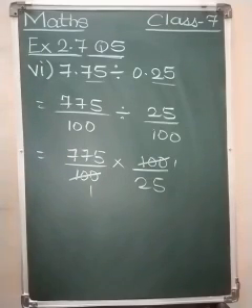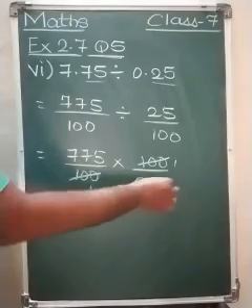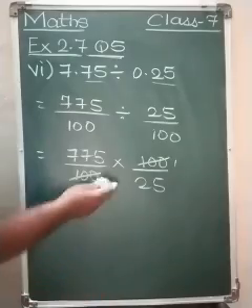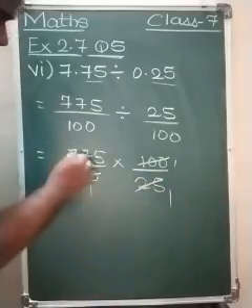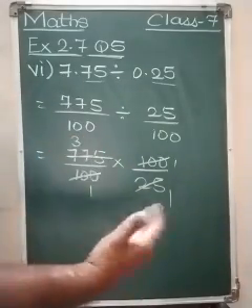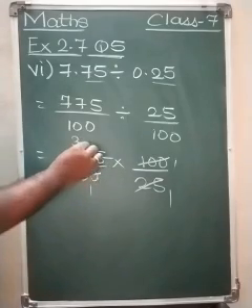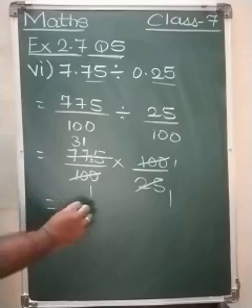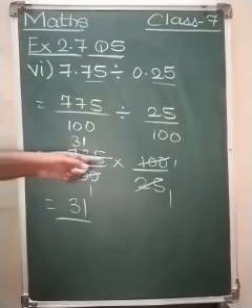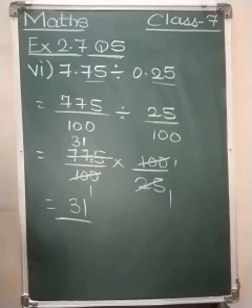This way you can do it, or you can solve it in another way. Directly we can solve it with 5, and also with 25. 25 ones are 25, 25 3s are 75, 76, 77, 2 is the remainder, so 2 here, 25 ones are 25, so the answer is 31. Done. So 25 multiplied by 31, the answer would be 775.